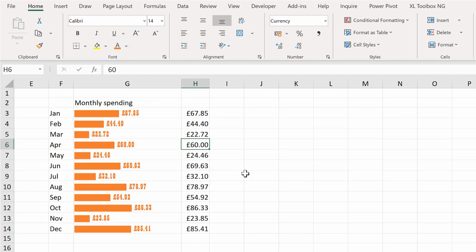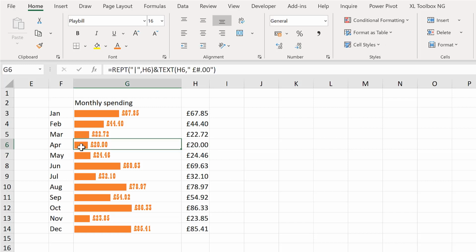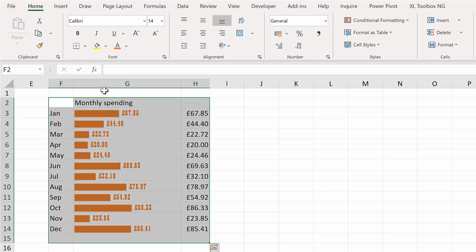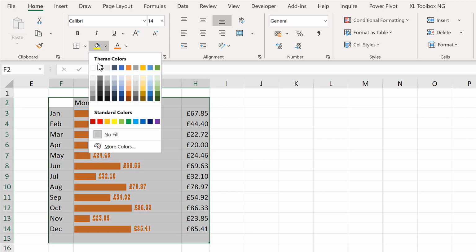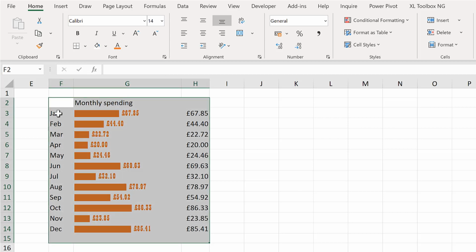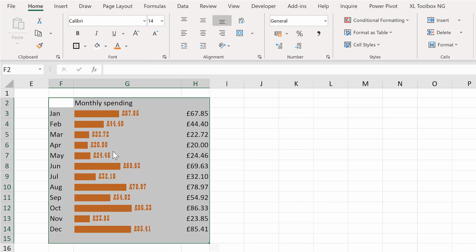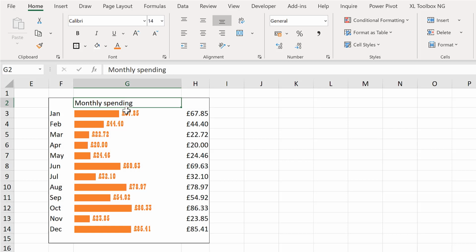And if I change the number again, you'll see that the bar changes size and the number updates to match it. Now we can format this to make it look a little bit more like a chart. So select everything and change the fill to white to get rid of all of the grid lines. Then change it to a thick outside border and make the title bold and underlined and in the center, and